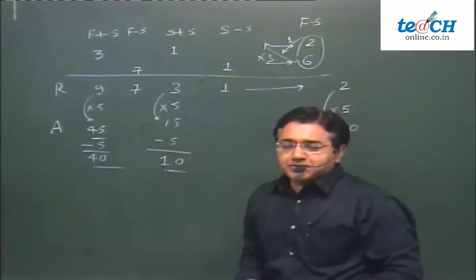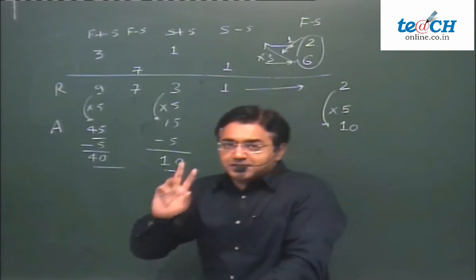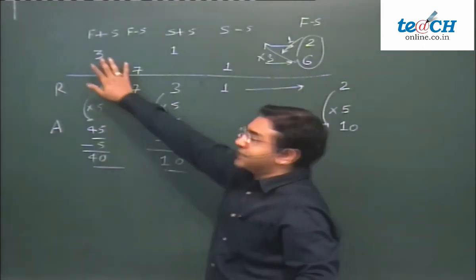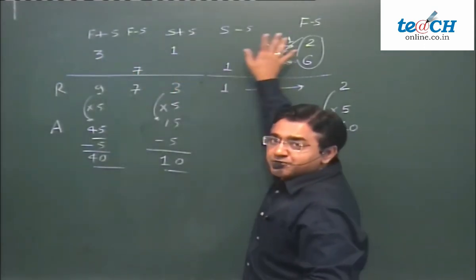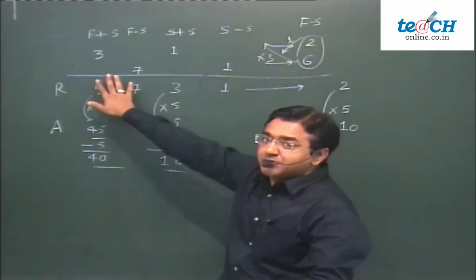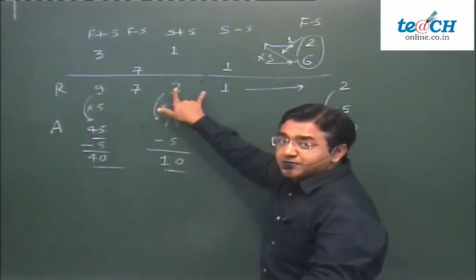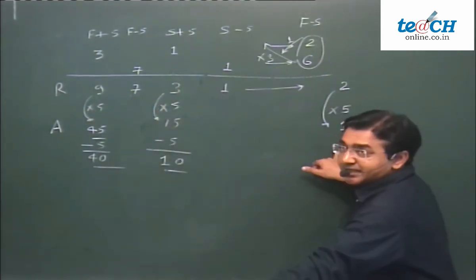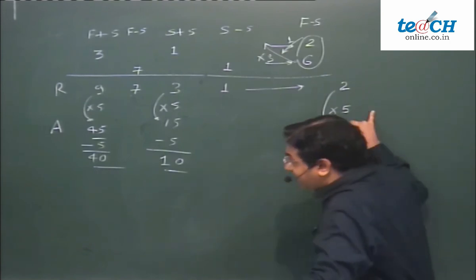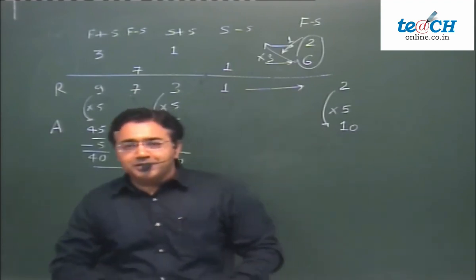Now, realize that the solution is not that long. I just took long enough to explain it to you. The simple idea is that I have these ratios 3:1, 7:1. The difference between both is the same. And hence I multiply these numbers by 3 to get them on the same scale. So I get 9, 7, 3, 1. The difference between these two is a multiple of 10, and hence my multiplier is 5. And so I know all the numbers. It's actually pretty simple.